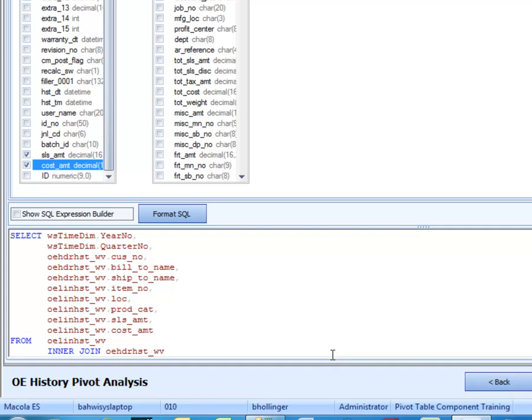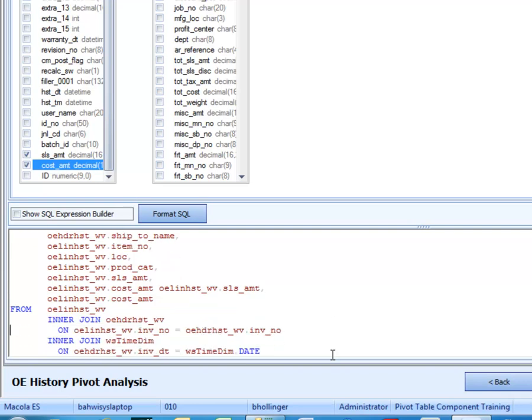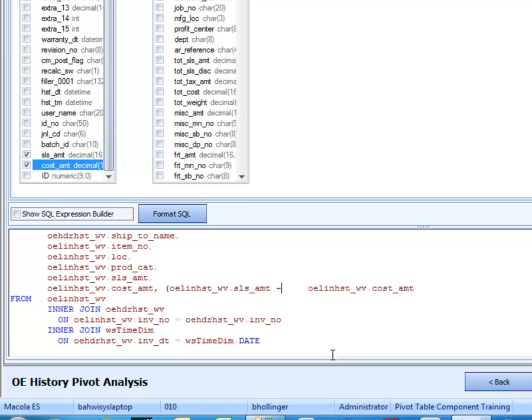To do that, we're going to calculate that field. And we're going to take the cost amount, comma after that, and we're going to take the sales amount minus the cost amount